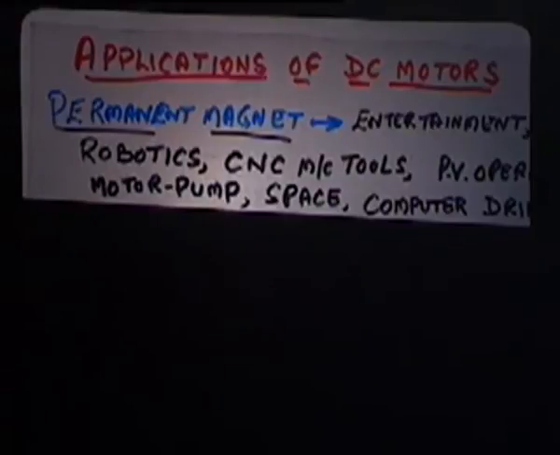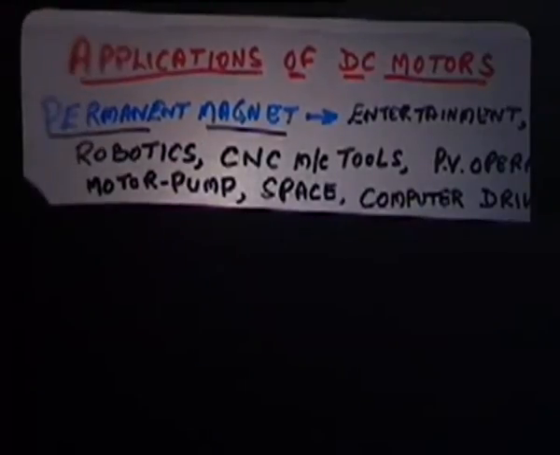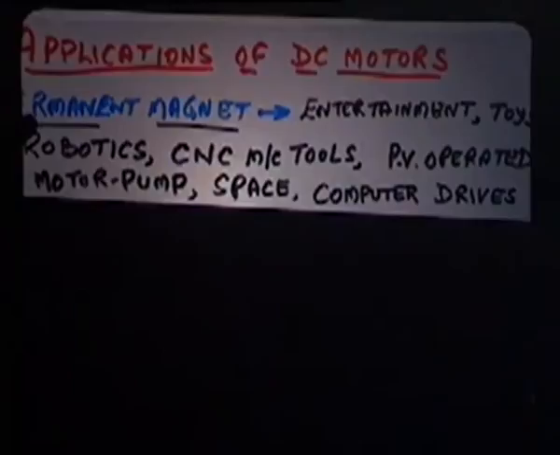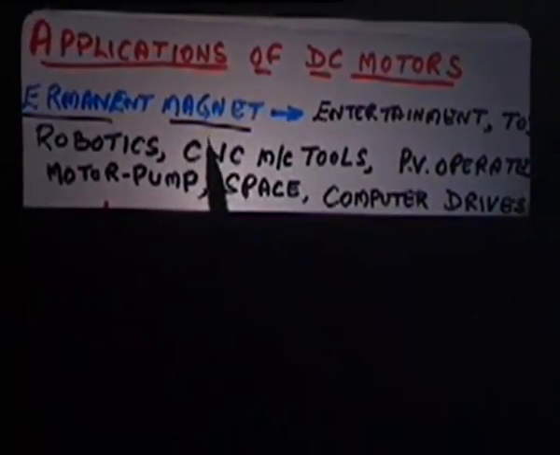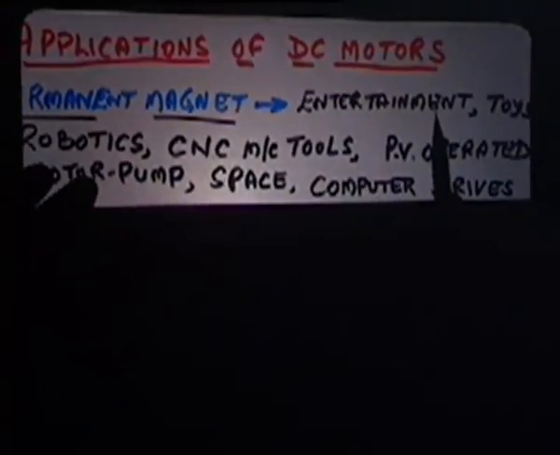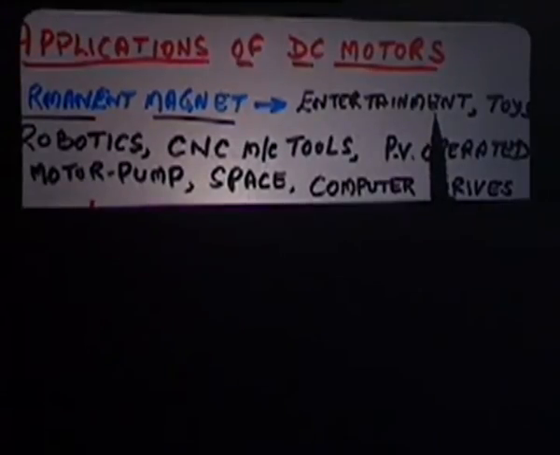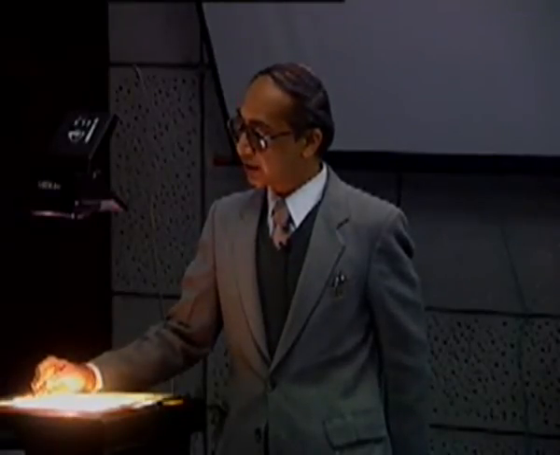That is the next aspect, the DC machines applications. We have listed here a DC motor, permanent magnet motor. These permanent magnet motors are nowadays used in several applications because they are fixed field, small machines typically. They are used in entertainment electronics, all your videos, your audio systems, and so on in the domestic consumer electronics.